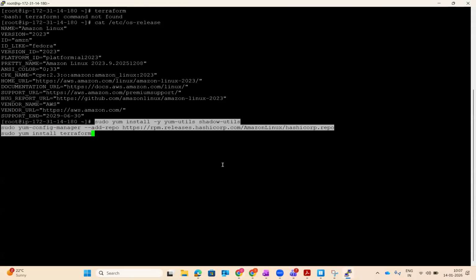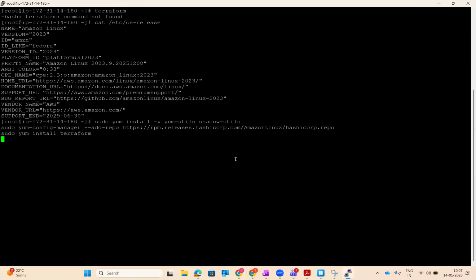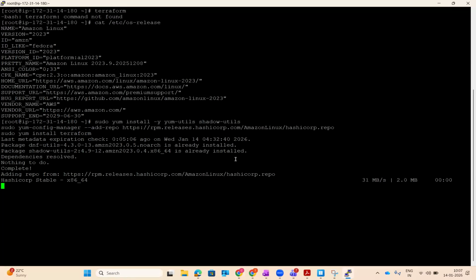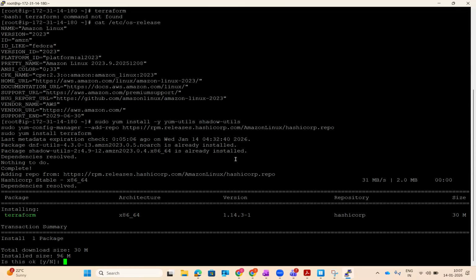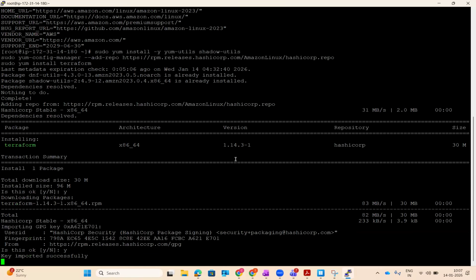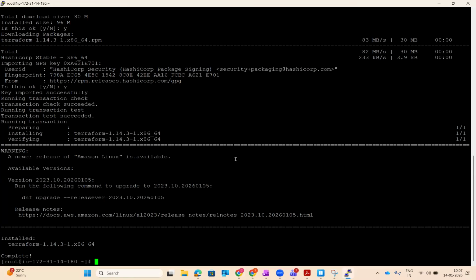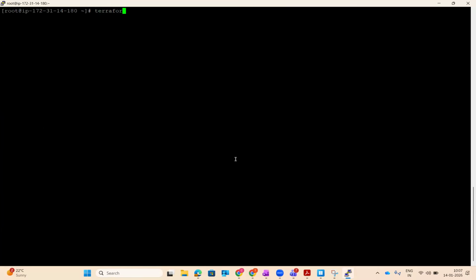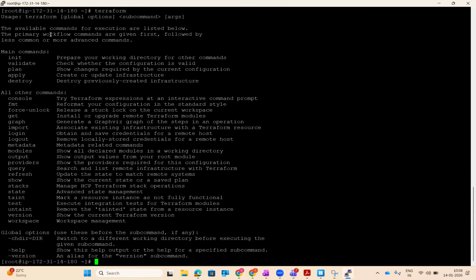So I'm just going to copy this and paste this. Hit enter. And it says install Terraform. Says install, and done. Now if I execute the terraform command, it doesn't say anymore that a Terraform command is